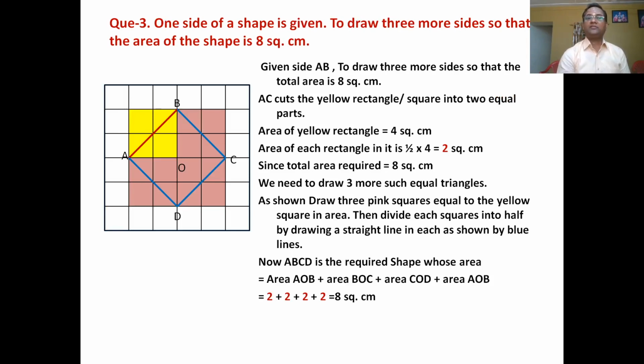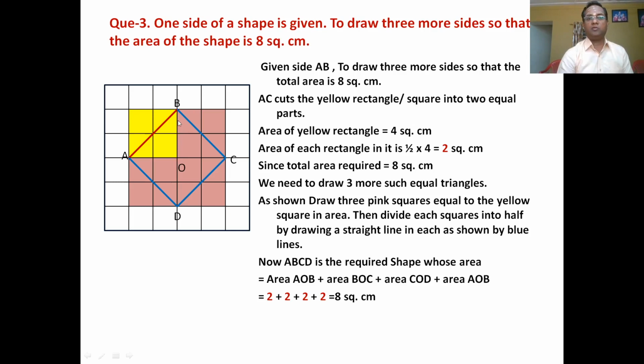Here one side of the shape is given and you have to draw 3 more sides so that the area of the shape is 8 square centimeters. Here, since one side AB is given, draw or complete a rectangle or a square that comprises AB. So when you draw this rectangle or a square, since a square is a special type of rectangle, what I can do is